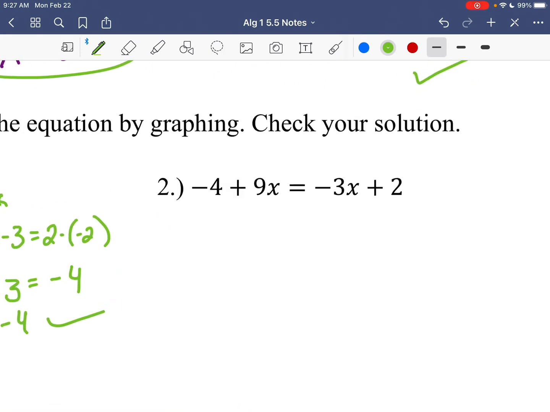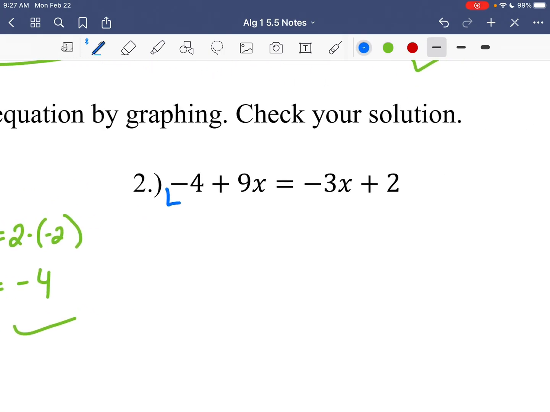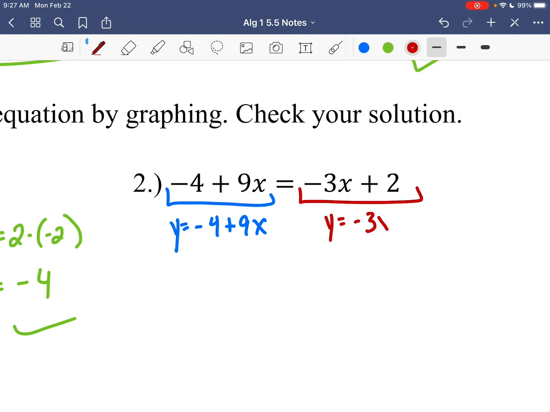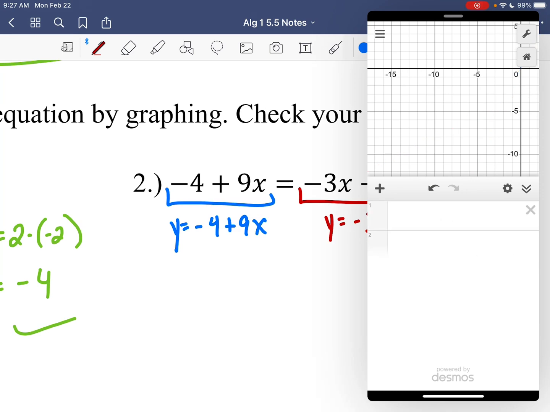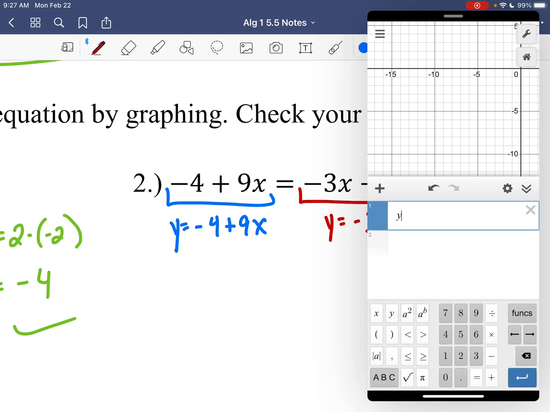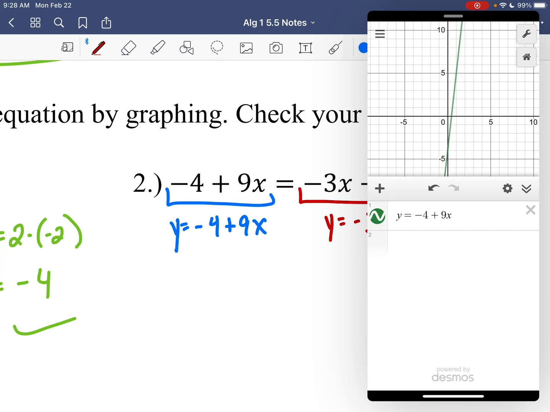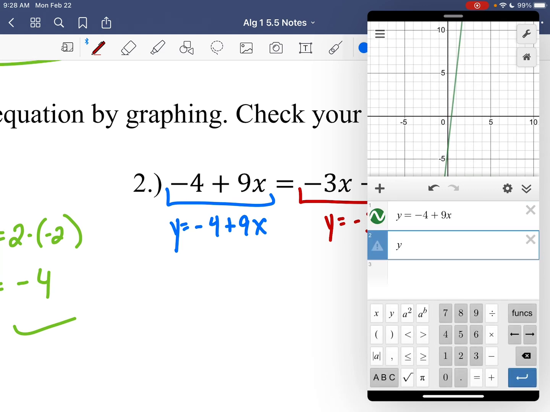Okay. All right, last one. Again, graph this as y equals negative 4 plus 9x. We'll graph this one, y equals negative 3x plus 2. I think we'll use Desmos again. Y equals negative 4 plus 9x. Okay, let's drag that over here. The next one, y equals negative 3x